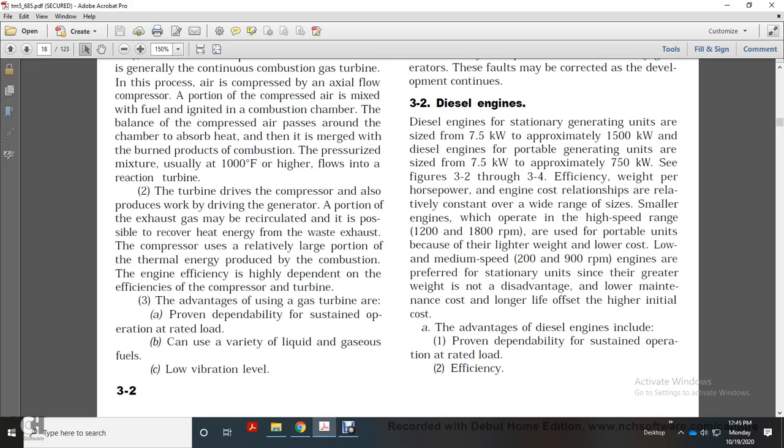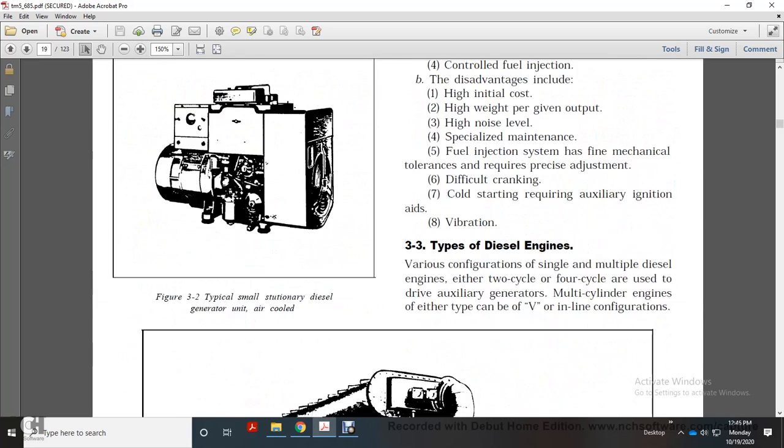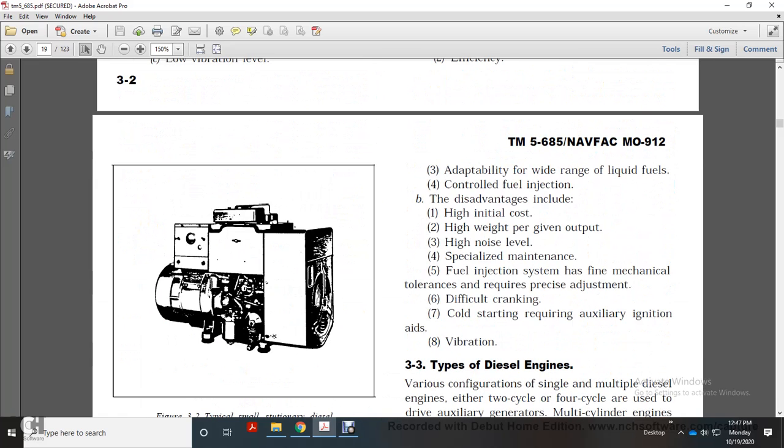Advantages of the diesel engine include proven dependability, sustained operation, rate of load efficiency, and adaptability to a wide range of liquid fuels with controlled fuel injection. Disadvantages include the high initial cost, a high weight per given output, high noise level, the specialized maintenance of the fuel injection system, mechanical intolerance required, precise adjustment, difficult cranking, cold starting requiring auxiliary ignition aids, and